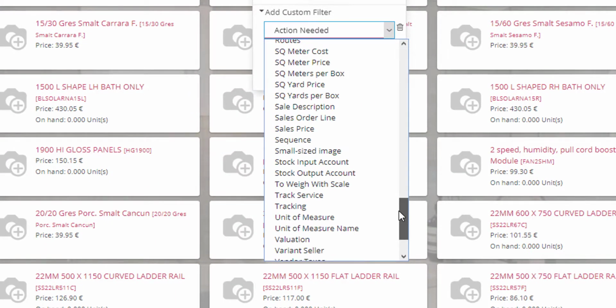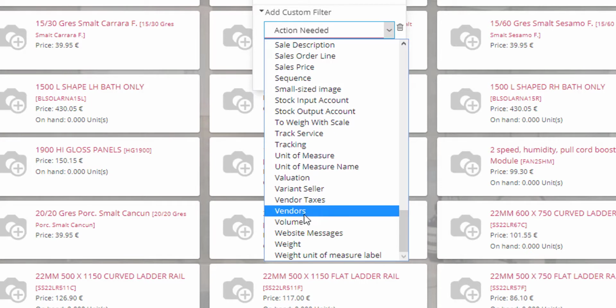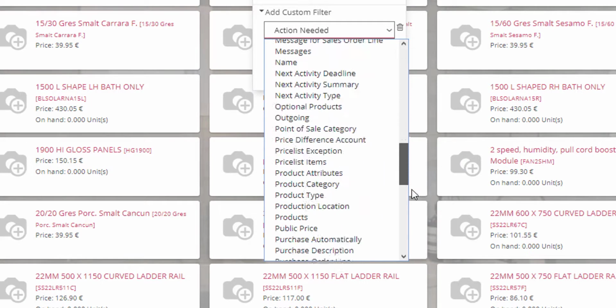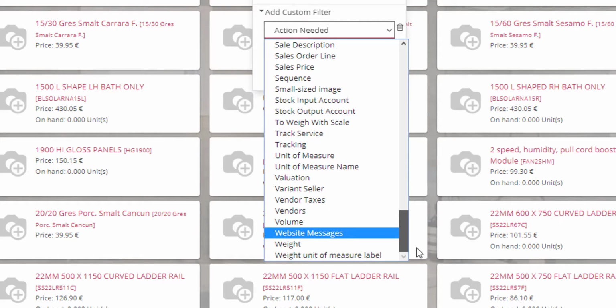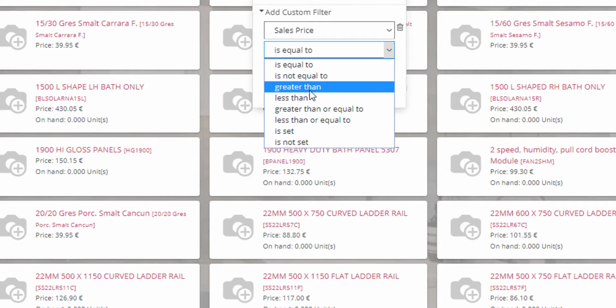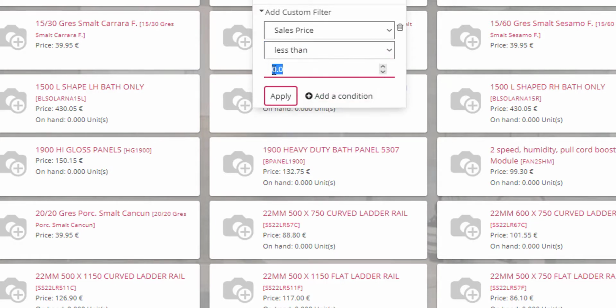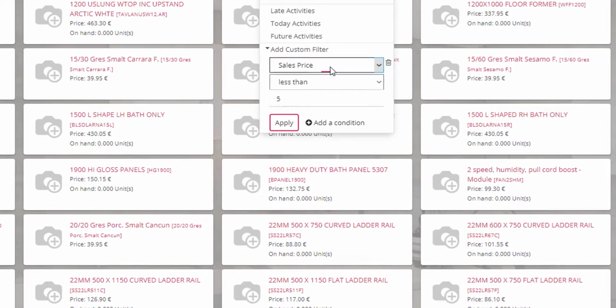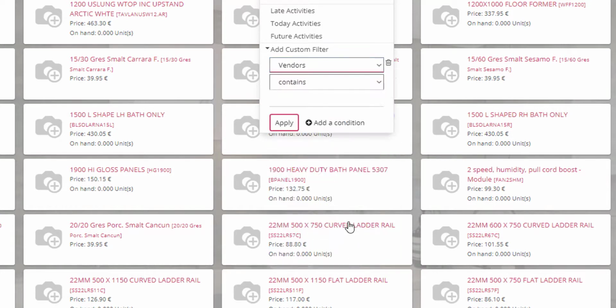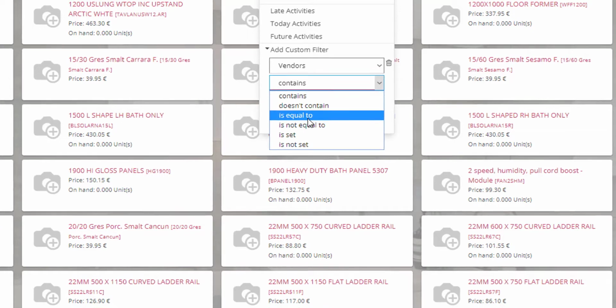So if I go down along here and I go to vendors, you have all these options here on a product. For instance, if you wanted to find all products under €5, you go sales price is less than €5, click apply, and that would give you all your products lower than €5. Okay, so what we're going to do now is just do vendors, so we can get a list of products based on vendors. So is equal to,